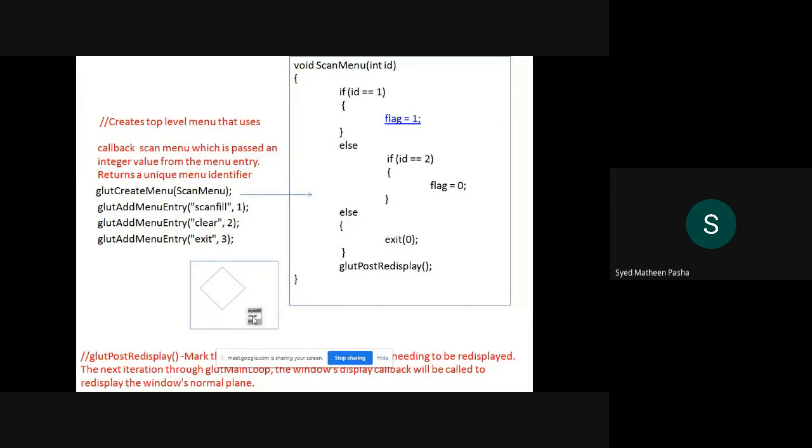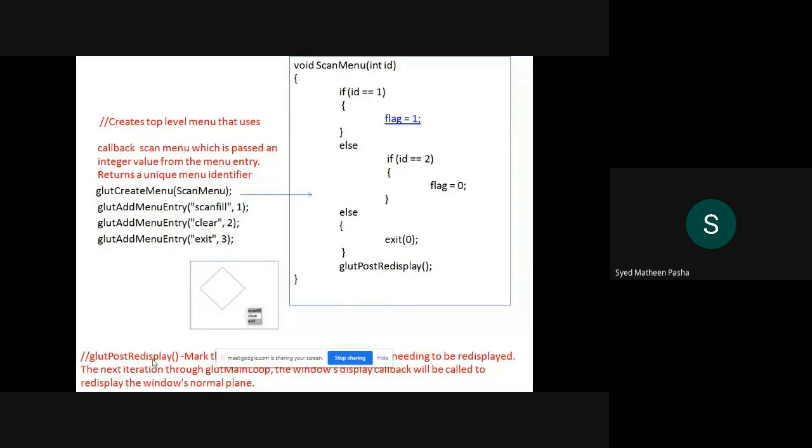Then if I click clear, the whole colored object should be cleared. That is nothing but the colored object will be cleared to plain, that is, a simple object is being displayed here. Then if I press exit, that is nothing but the third option, the whole control comes out of the output screen, and then the control comes out of the program.